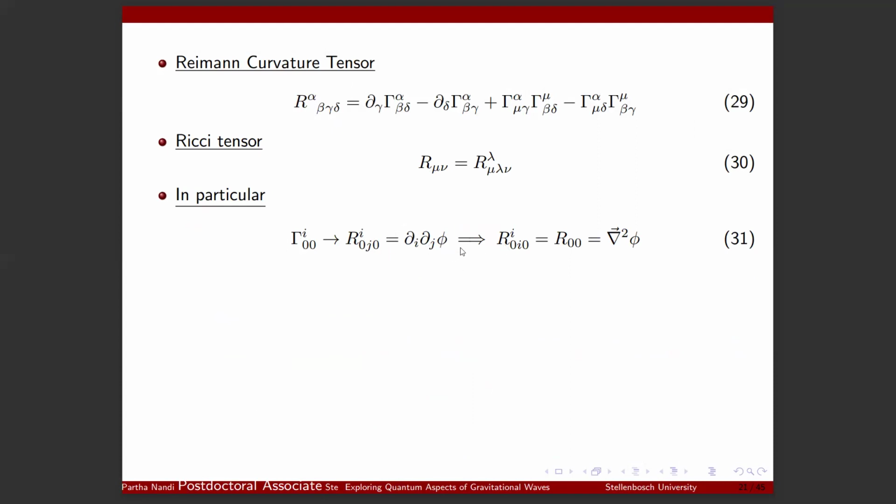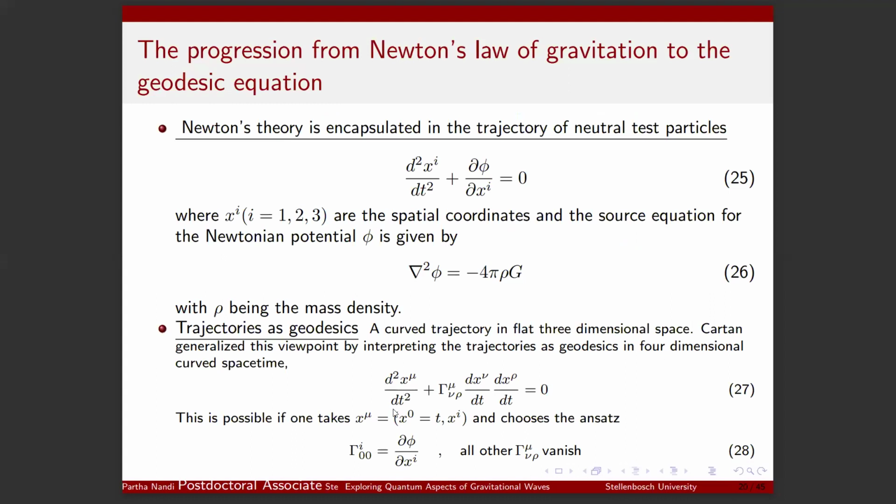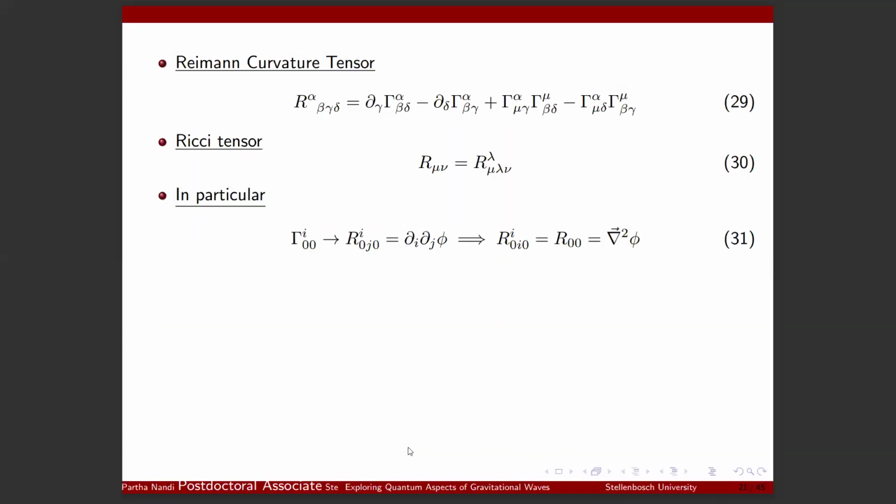Which is nothing but the second order derivative of the scalar potential, because we immediately read off this Christoffel connection as a potential gradient with respect to the space derivative. So it is immediately recognized that this R_i0j0 is just a second order derivative of the scalar potential. Now, if we consider